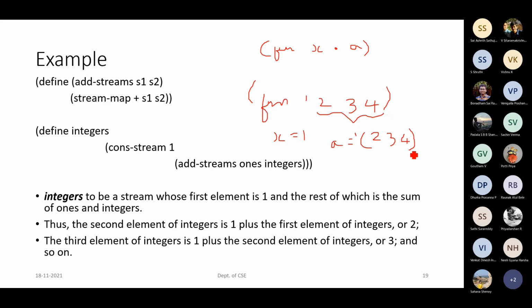So using this dotted concept, I have just defined the stream map procedure where previously when we were defining the map procedure, we had only two arguments, which was procedure and the list. Here, if you put a dot in front of this list, what happens is if I write S1, S2, everything will be taken to be as the single one, and I can apply as required.